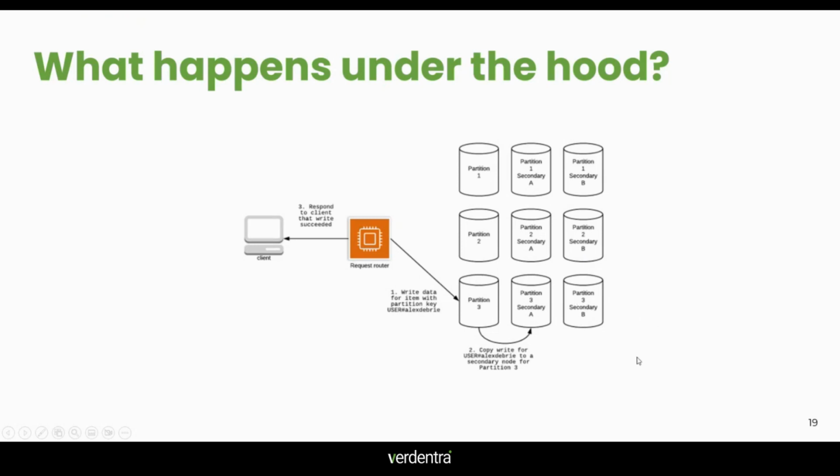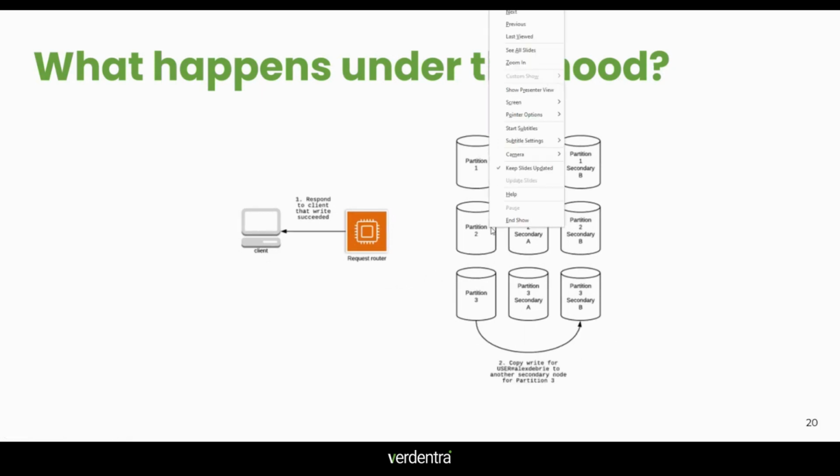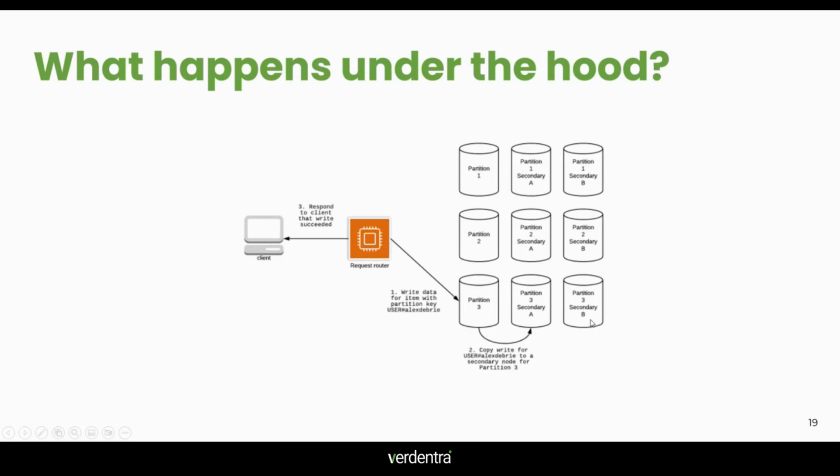So, but now you have a situation where your data is not in sync. These two have the most updated data, but this third, sorry, this third partition will not have the most updated data. So this is where we talk about eventual consistency, where in between the time you replicate from here to here, if you do a read request on the item that you just wrote, there's a chance that you might read from